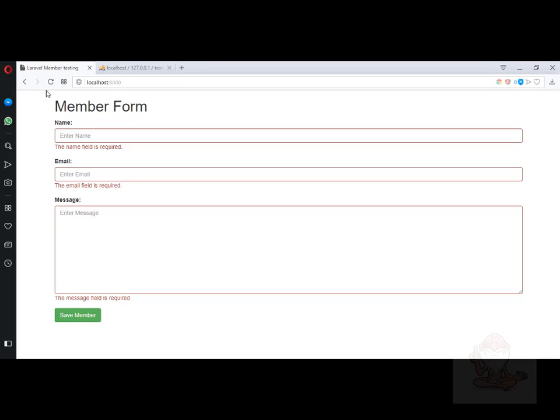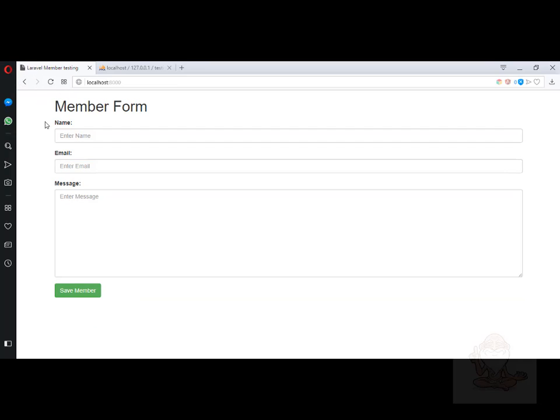One more thing, you see here, this area where I'm pointing my mouse, I click the refresh button. You see Laravel is refreshing, right? This is because PHP servers basically need to refresh everything to get new current information.